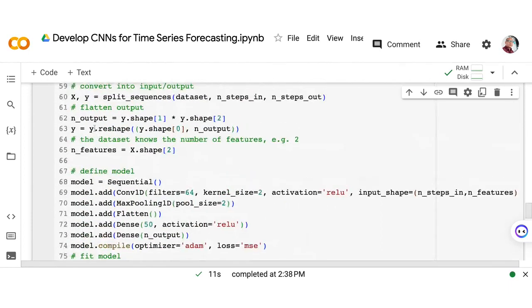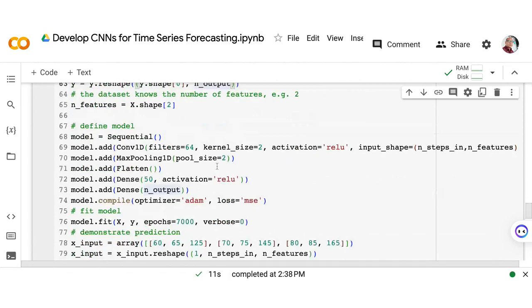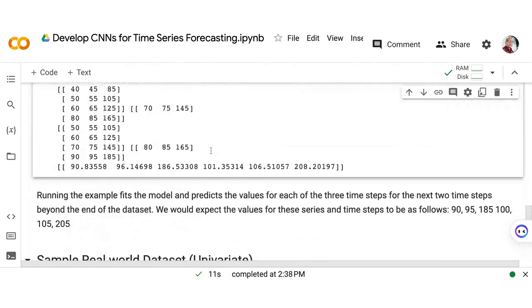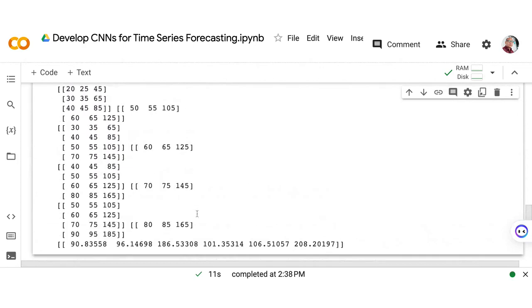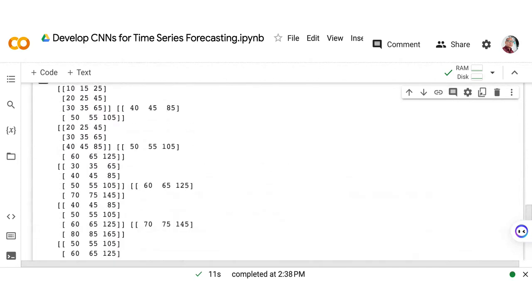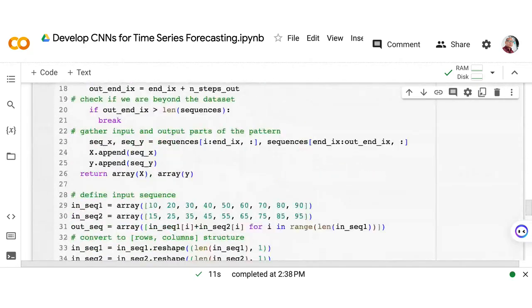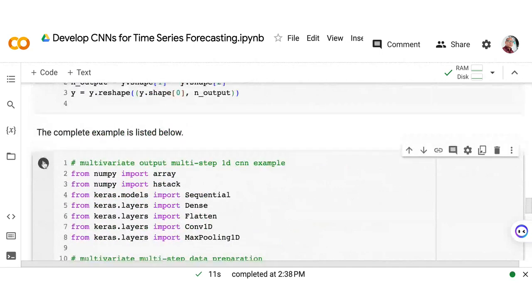You can see here the output shape should be equal to the number of samples, which is 5 by the number of outputs, or 1. Yes, the number of output is equal to 1. So we have a dimension of 5 samples. 1, 2, 3, 4, 6 pala. 6. So 6 by 1 yung magiging output natin. So definitely that will be our output when we try to run it.